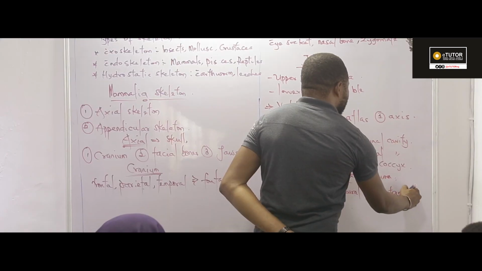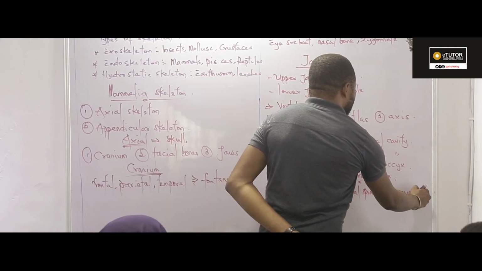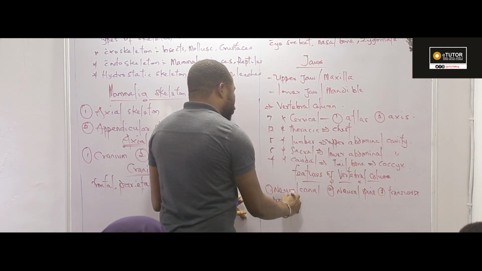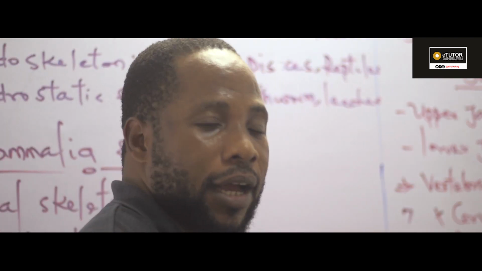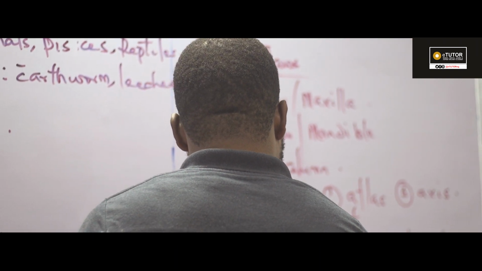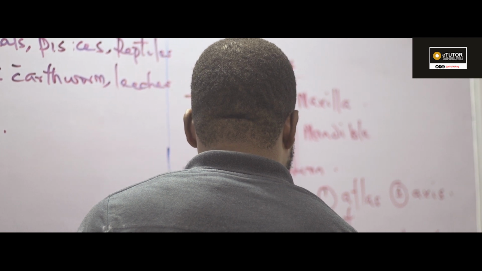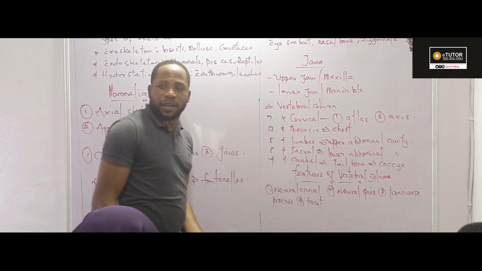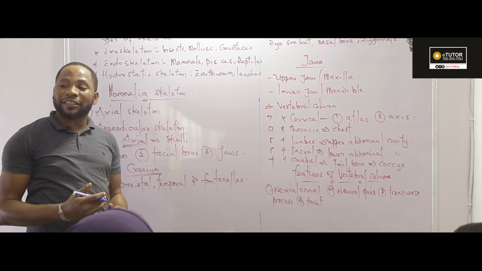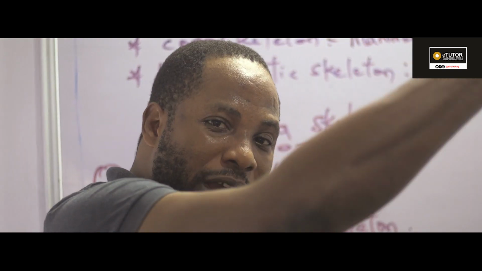Transverse process also provides surface for the attachment of muscles. Facets. It provides surface for the attachment of other vertebral bone, subsequent vertebral bone,